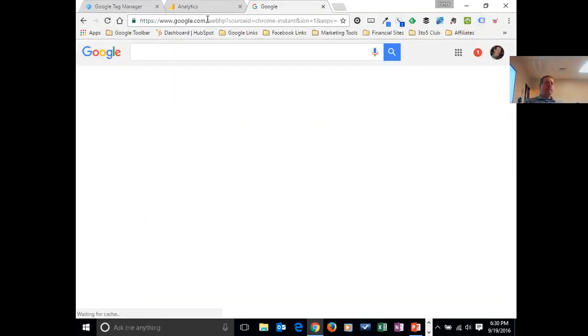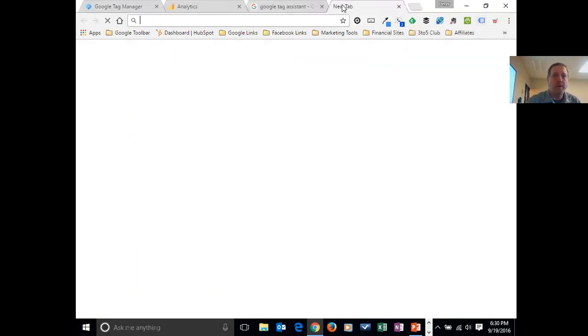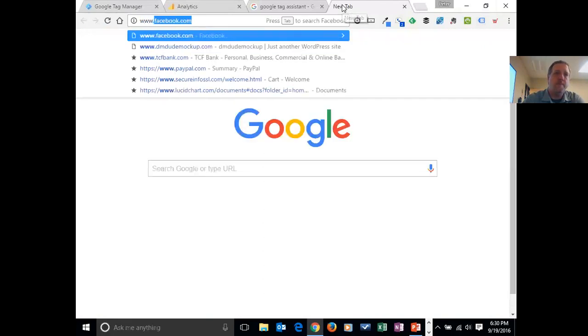And this is actually kind of a cool little tool. If you just look up Google Tag Assistant, I forgot to add this in the notes. I meant to do that. It adds a little tool inside of Chrome here. I don't know if you can see that little tiny icon. So when I go to any website now,